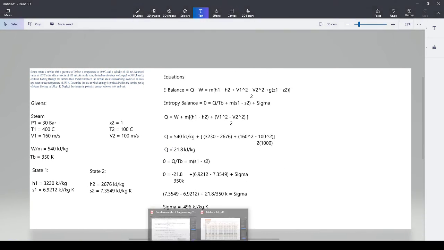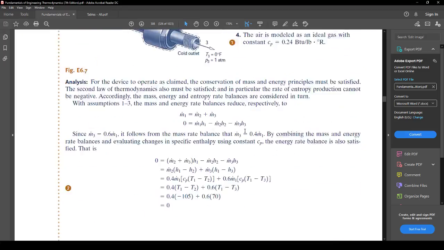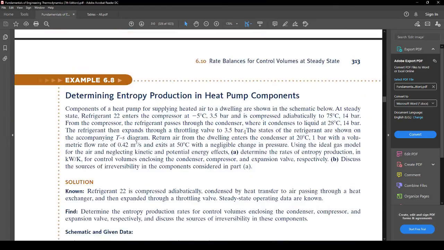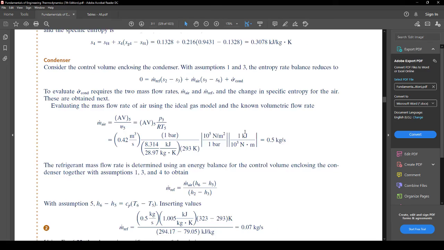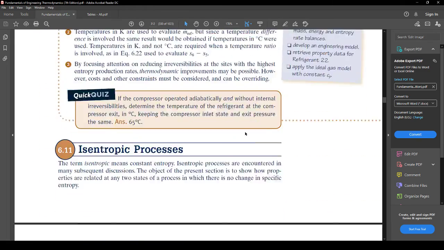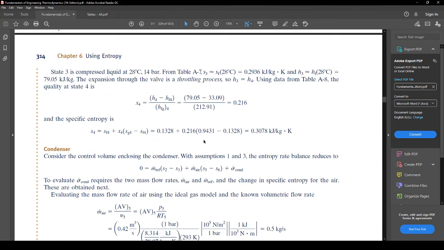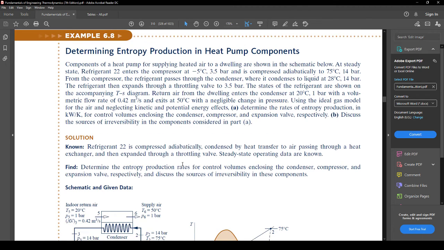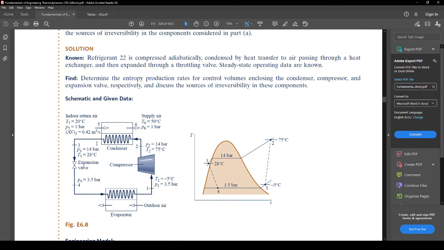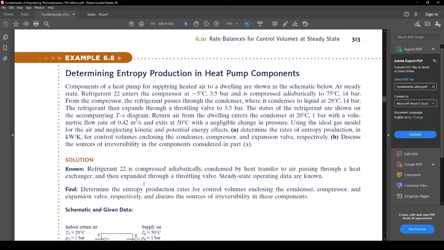Now let me see if there's anything left since we did the question. Is there anything left in this chapter? We're probably not going to do that question. Nope. Let me see. Okay, so this chapter has other questions, but they're kind of total systems, and we're not really worried about that. But this right here is a heat pump. But that's something that you'll do later.